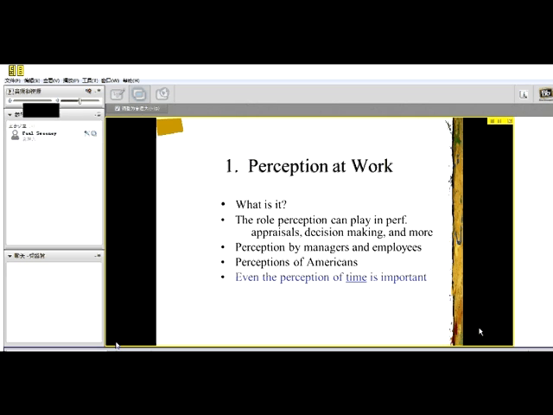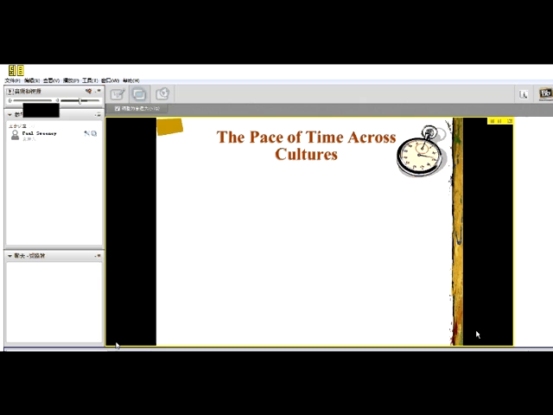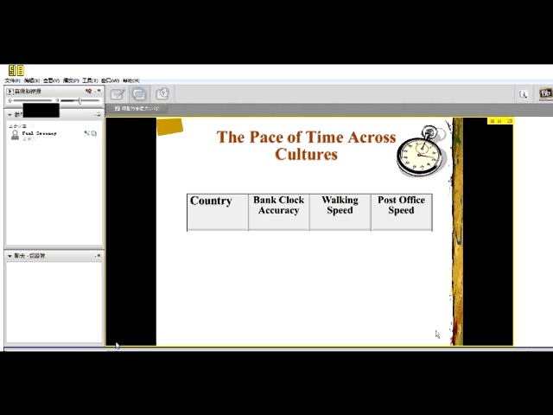So the rationale here for researchers was, boy, if we find differences in perception of how people view and value time, well, then it really does, once again, highlight the value of studying perception. Well, people have studied this, and they've looked at how people value time across cultures. And I'll mention one study, although this guy is a source of a ton of studies about perception of time. And he did a very clever thing. His name is Levine, and you may see his name because this has been popularized in various sources.